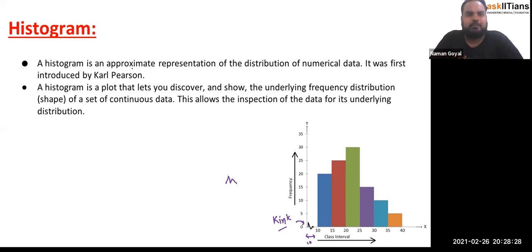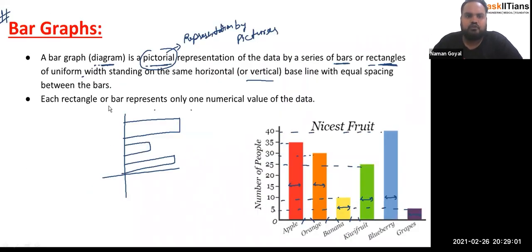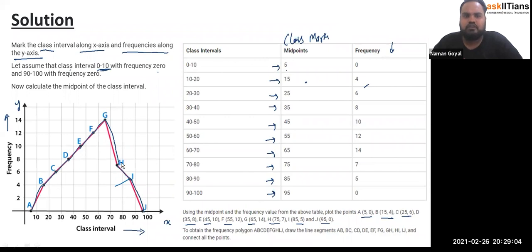A histogram is an approximate representation of the distribution of numerical data. It was first introduced by Karl Pearson. A histogram is a plot that lets you discover and show the underlying frequency distribution, the shape, of a set of continuous data. This allows the inspection of the data for its underlying distribution. So we have this graph, right? If class intervals are given and you want to draw a polygon graph, then